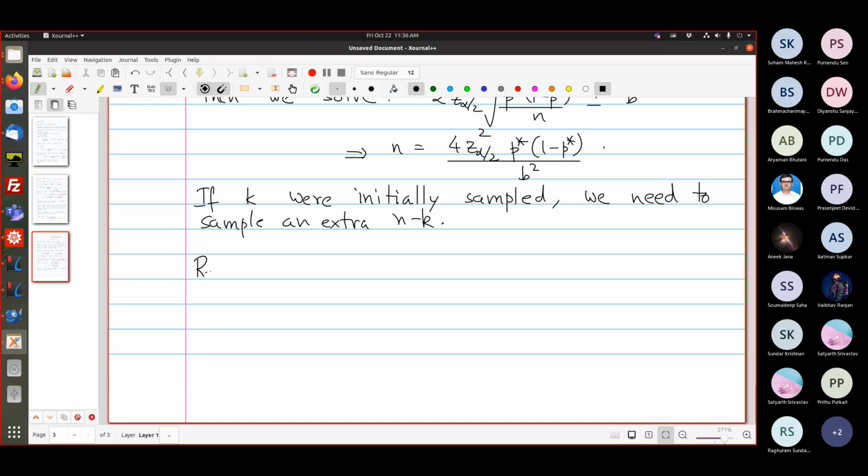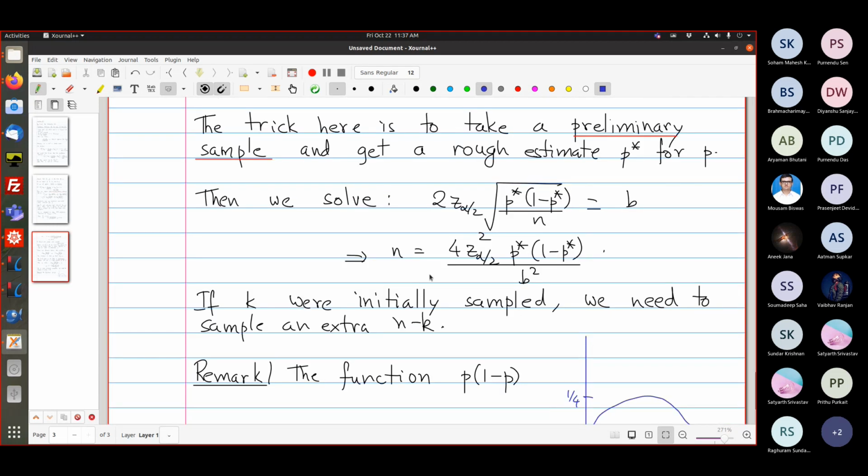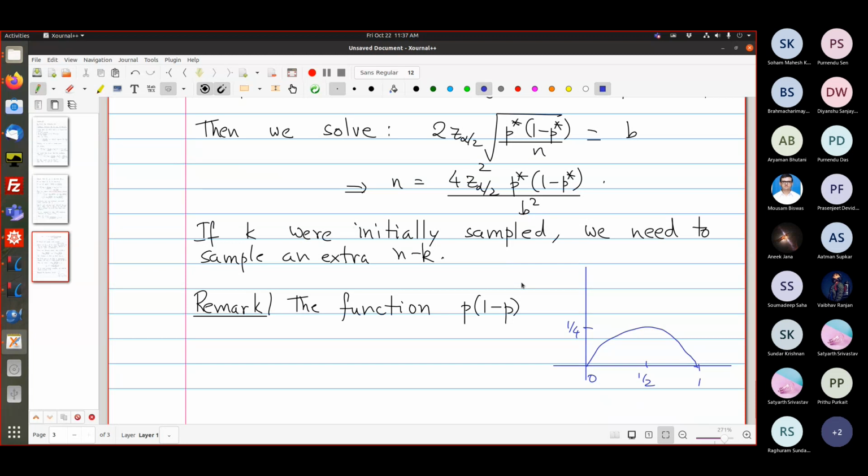Okay. Another remark about this is that if you look at the function p times 1 minus p, you must have seen this in high school many times, it looks like the following: 0, 1. It's a parabola, and it takes maximum value 1/4 at half. So if you look at this guy, the maximum